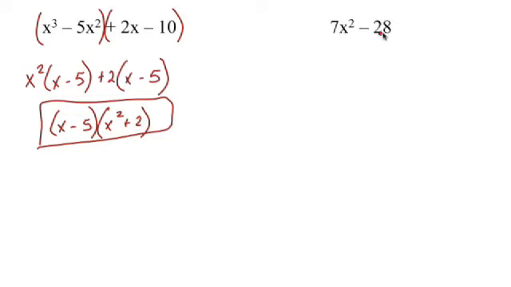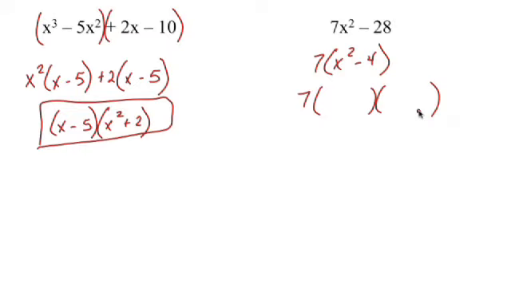So if we go through our mental approach here, this one, step 1, I do see something I can take out. I can take out a 7. That leaves me with x squared minus 4. Now again, prior to this, you haven't seen one of these, but now, hey, I can factor this again, can't I, Bill? That's right, because this is another difference of squares. So don't just factor out the 7 and think, oh great, I'm done, I can go to the next problem. You have to look at the x squared minus 4, and before you go to the next problem, ask yourself, can I do any more factoring? And this one is a difference of squares, and so we can factor it further.